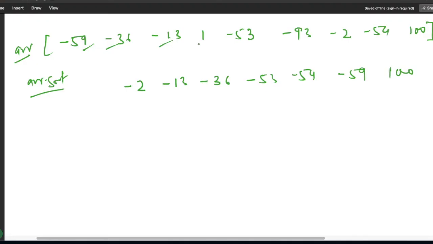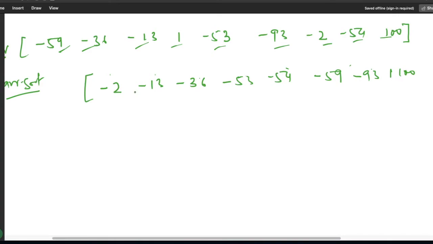Let me count: 1, 2, 3, 4, 5, 6, 7, 8, 9. One is missing, which is 93. So it will be -93, 1, and then 100.